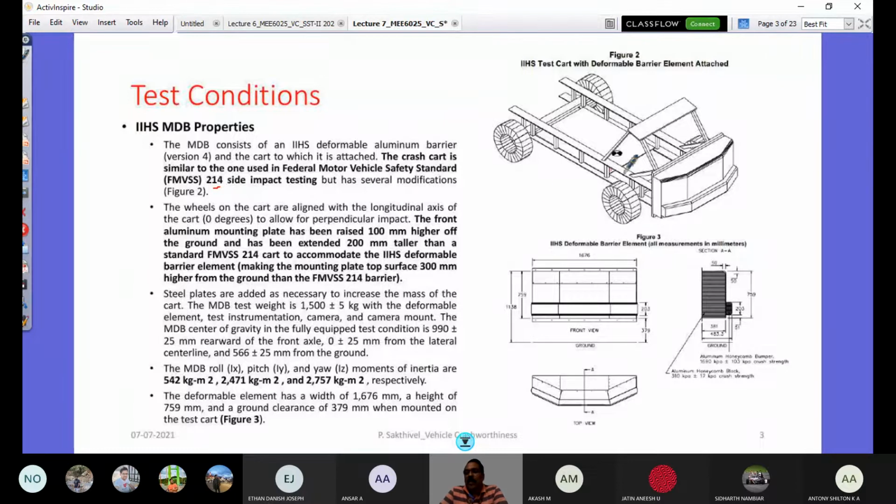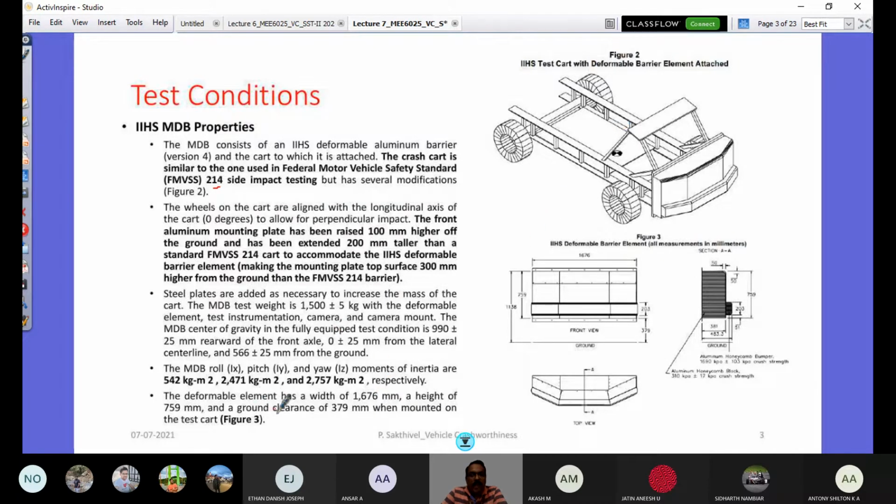But it has several modifications. So this test cart is from IIHS. Similarly, there is a test cart for FMVSS 214, but there are some modifications that are explained in this paragraph. You may please go through it. What is important is that the roll, pitch, and yaw angular moments of inertia of this cart are given by these values, and these are all fixed. These are the exact properties of this